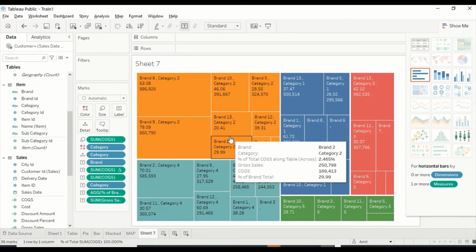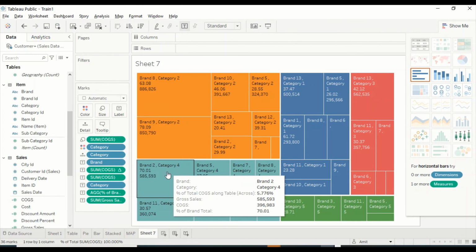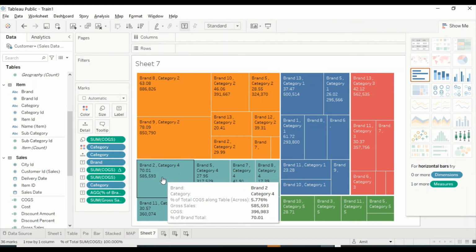Now this visual is a pretty good representation, kind of multiple pies. In the pie also you can actually drag category, and then you can see multiple pies out here. This is another way you can have those things distributed, where you can give an idea across two dimensions. So there are two dimensions, let's say which category is bigger, and inside that category what brand is bigger, and that brand box you can also compare with the brand box of another category and see how big that is. So you can see brand 2 in category 2 is this much big, and brand 2 in category 4 is this much bigger. So that's where the comparison can also happen across this one. That's a very useful chart if you want to do this kind of comparison.